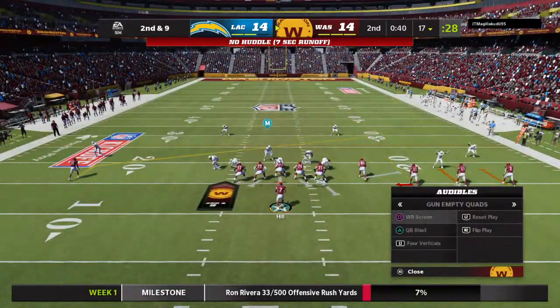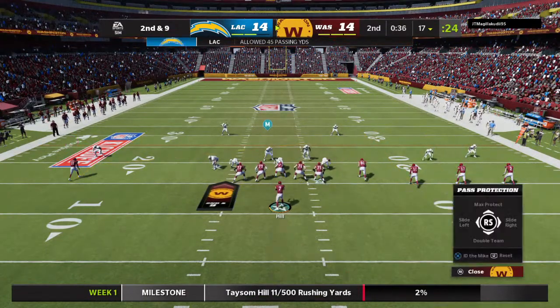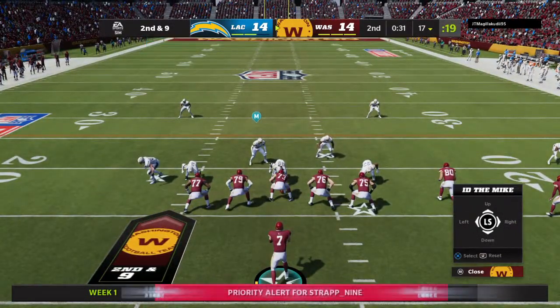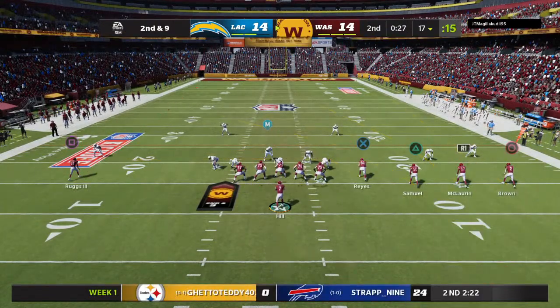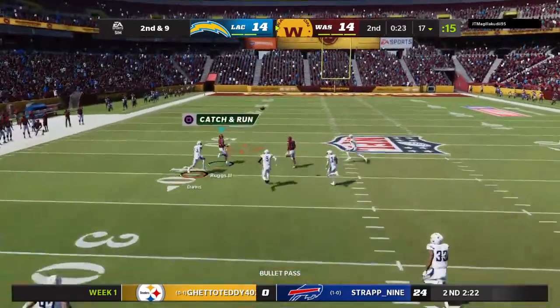2nd and 9. So, CD, big changes for 2021. Of course, last year we had the expansion from 6 to 7 teams in each conference making the playoffs. This year, the headline, the addition of a 17th regular season game. What did you think when you heard the news that this was happening? Well, my first thought, partner, was